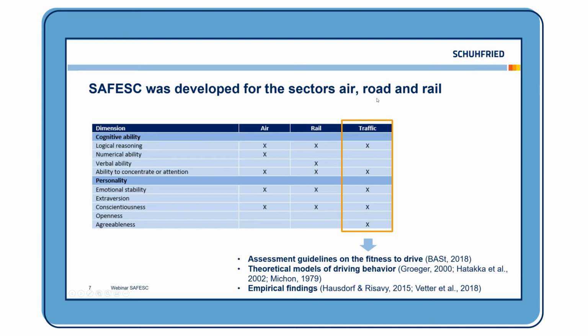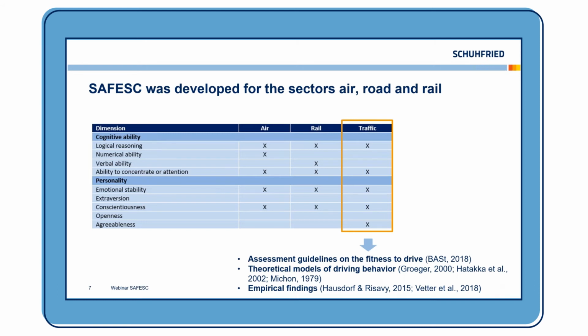In the road sector, the assessment guidelines on the fitness to drive explicitly define different mental performance requirements when driving a motor vehicle. In addition, we used theoretical models of driving behavior for the selection of the dimensions. Those who've already dealt with theoretical models of driving behavior will already know the work of Kröger and Hatakka, which are well known in this area, especially the so-called GDE matrix, which is a very popular and well-known model, helped